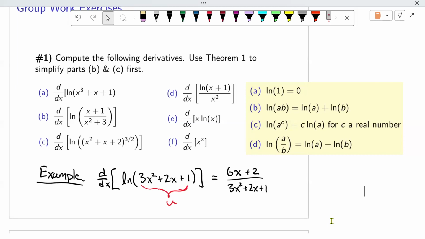And how goes it? Well, you got part A going well. Yeah, and so the rule you want to use here at this point: you haven't taken the derivative yet. You've just taken it and rewritten the ln of x plus 1 over x squared plus 3 in a different form. So now you have to take the derivative of this. Your x plus 1 will be u here, and so you'll get a u prime over u, and then you'll do it again there.